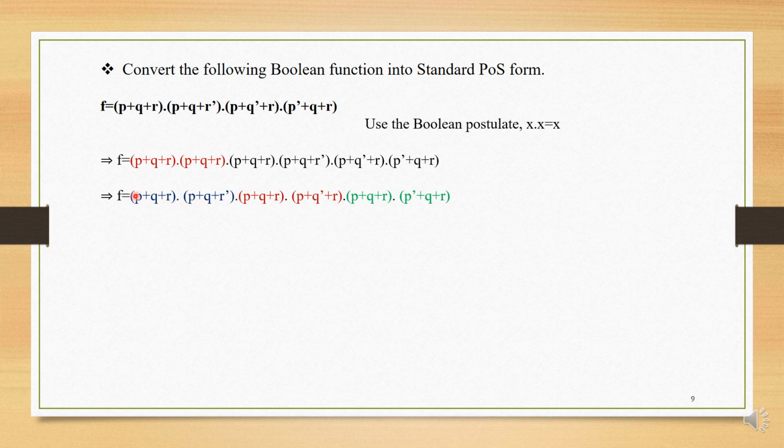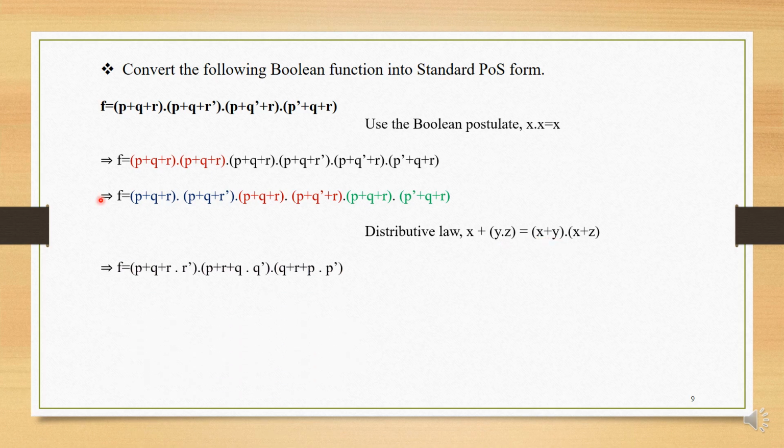So here we have p plus q plus r dot p plus q plus r bar dot p plus q plus r dot p plus q bar plus r dot p plus q plus r dot p bar plus q plus r, just by rearranging and applying the distributive law. So from the distributive law, x plus y dot z is equal to x plus y dot x plus z. So we can apply the distributive law and rearrange the same expression. We can obtain a Boolean expression here as f equal to p plus q plus r dot r bar